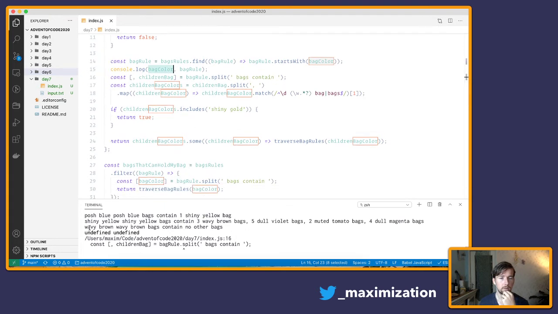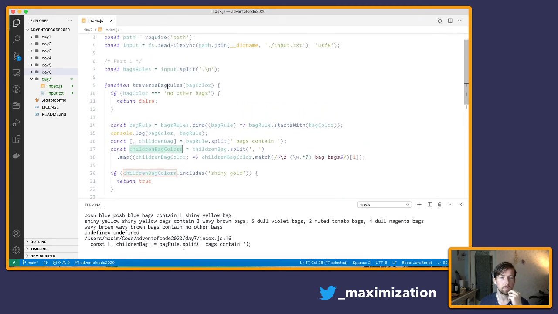So in the previous round we had wavy brown, and then contain no other bags, and then so the children bag colors is this split. We have one element, and then map. So children bag colors is... okay. I'm gonna do this differently. Instead of